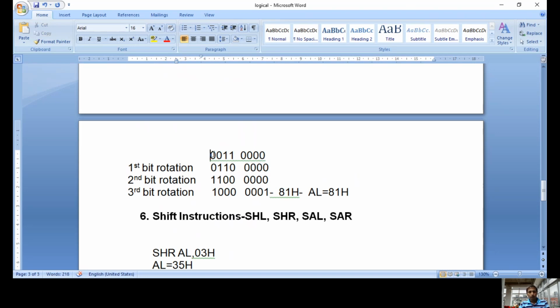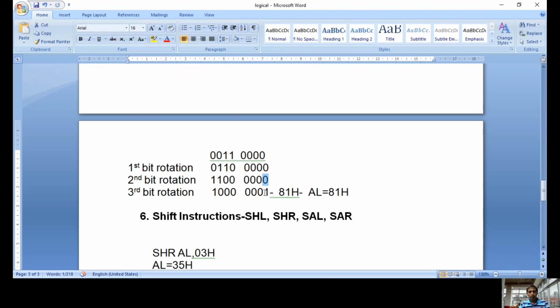Let us see the first bit rotation. This 0 comes into this position. So the remaining are 1, 2, 3 zeros. Originally, how many bits are there here? 4 zeros. That's why 1, 2, 3, 4 zeros. Next 1, 1, 0, 1, 1, 0. Already this 0 has come to this place. Now in the second rotation, a 0 will occupy this place. Originally there were 1, 2, 3, 4 zeros, and now 5 zeros here: 1, 2, 3, 4, 5. Then 1, 1 will come here.